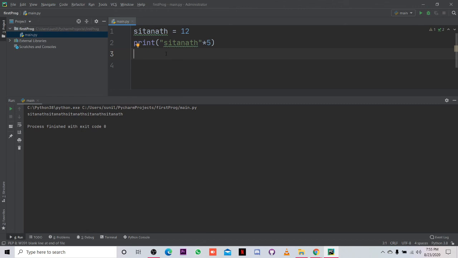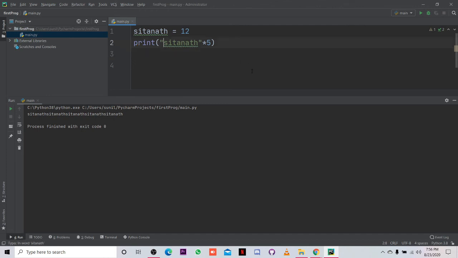Even though we have defined a variable Citanat with 12, since it is in double quotes, the interpreter understands this as a string. It will behave like a string even though the same name is a variable name. Understood?